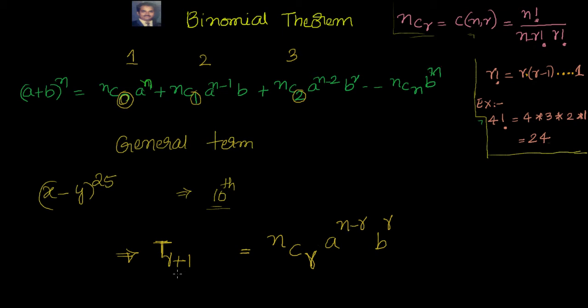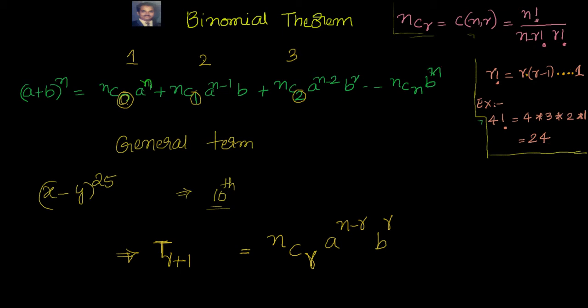Let me repeat why this becomes r plus 1. Generally, whenever we do it like this, we see that the first one will have 1 here, like nC1. But in this expansion, the first term is having nC0. That means 1 minus 1. Similarly, here 2, you see 2 minus 1. Or I can take it the converse way. If this is 0, this is the first term. If it is 1, this is the second term. Similarly, if this is r, that should be the (r plus 1)th term. I think you are pretty much fine with this.